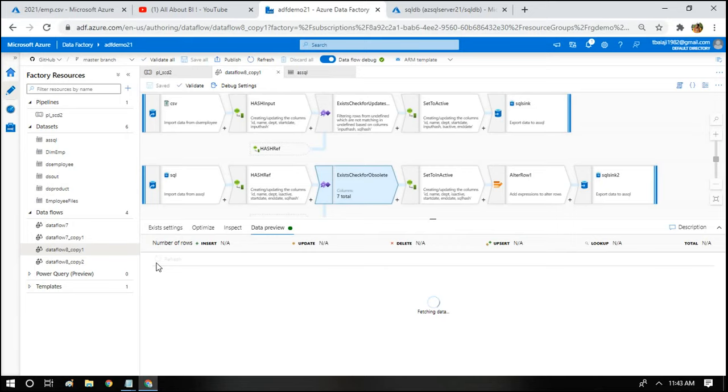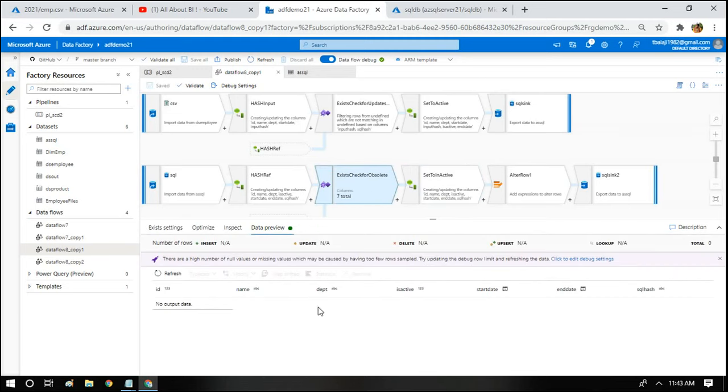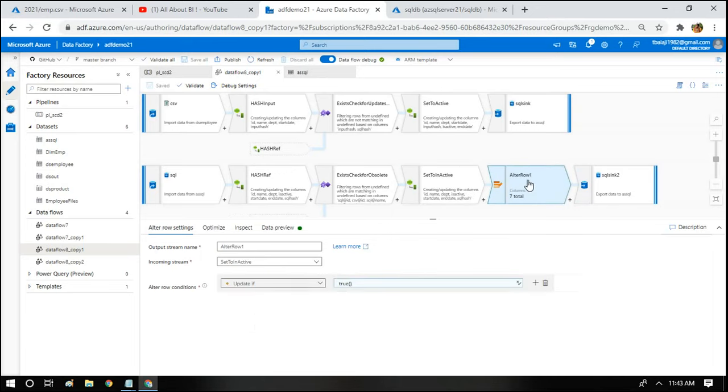But if you have any values found here, those will be set to inactive. See here, no output data now. So it will be set to inactive by saying isActive is 0 and end date is current date, and we have just declared that we are updating the records. So before we update the record in the table, we have to use the alter row. Just use the condition true, so that it will update all the records found in the data flow.